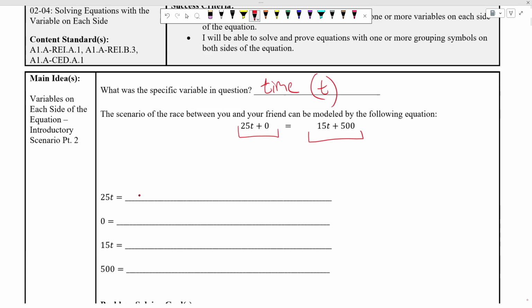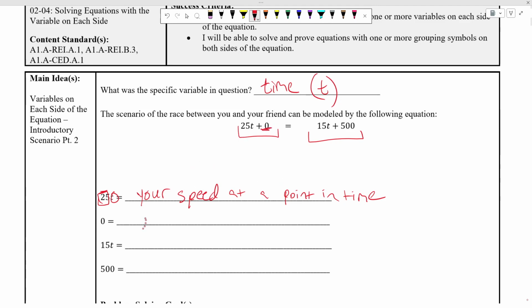So this was your speed, 25 miles per hour at a point in time, the point in time being the variable itself. Okay, so if that 25t is true, that it's your speed,